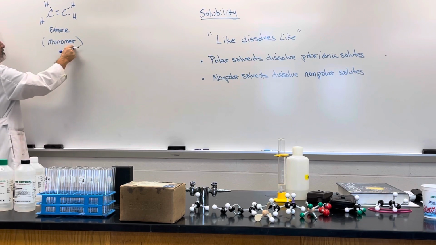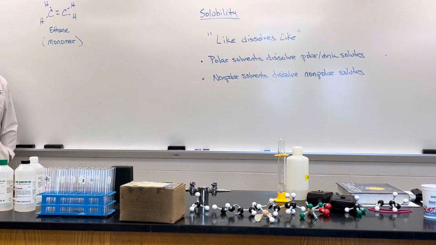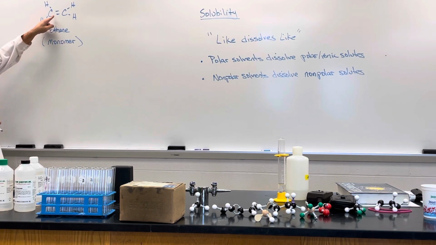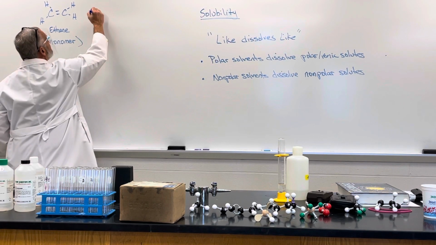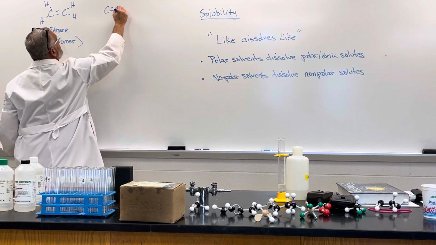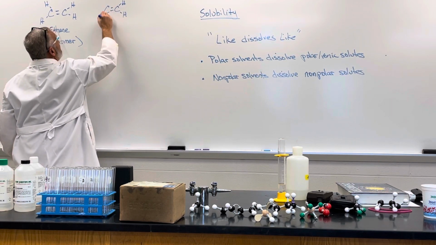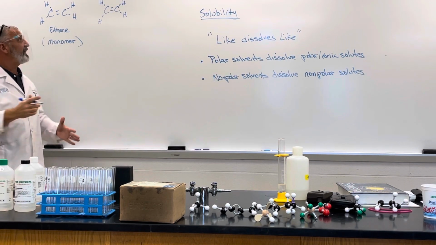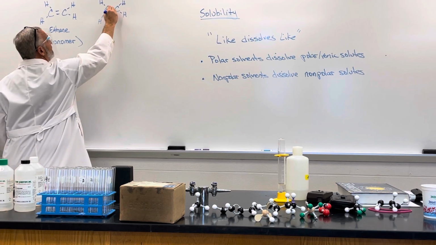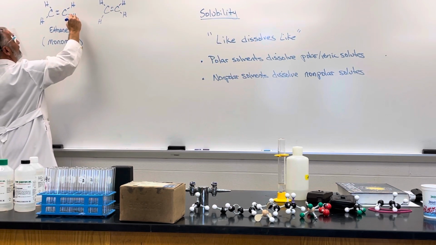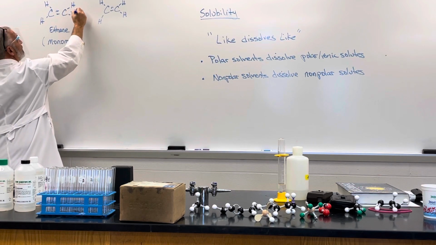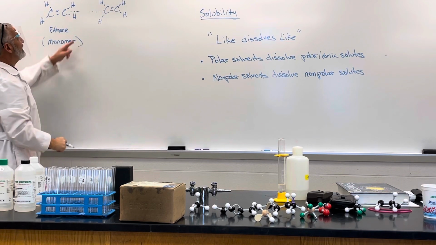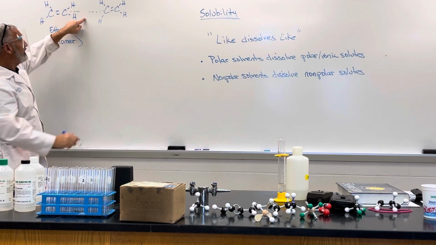Okay, mer just simply means the building block, the starting material. So it just takes one mer. Now, it's got this double bond with a sigma and a pi bond. Well, if you mix another one with this, and sometimes they need a catalyst, sometimes you have to heat it up, they have their own way to do this chemical reaction, but when they link, they can break the double bond, the pi bond. And that makes each carbon now have another bond. So they can link together, and you end up making